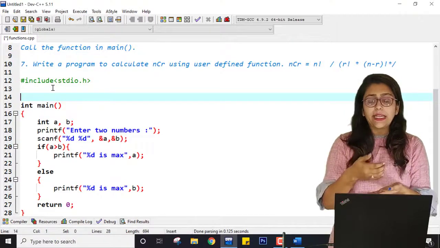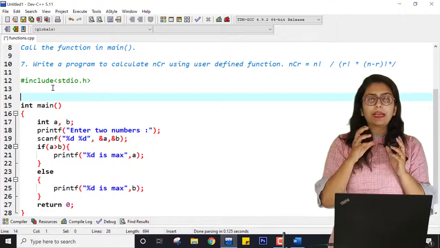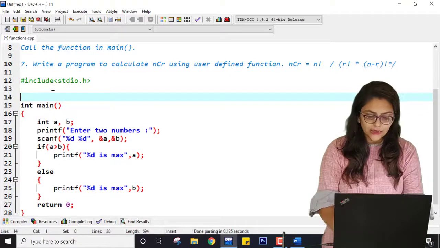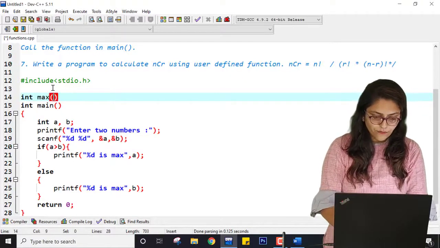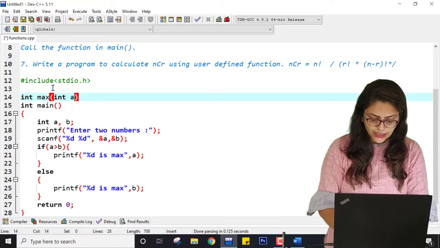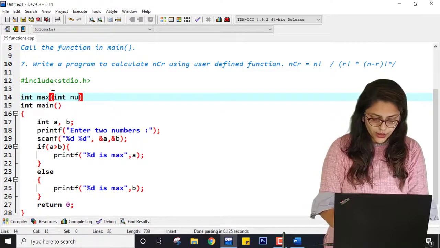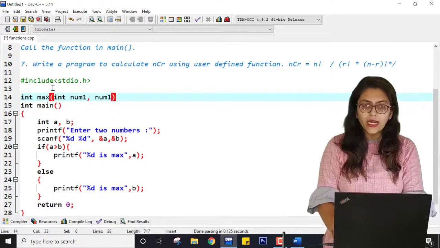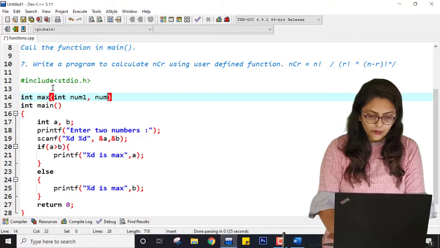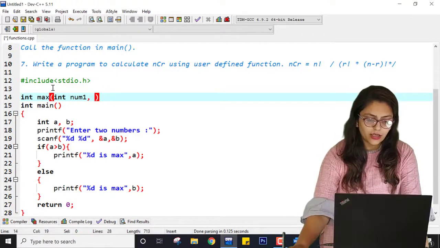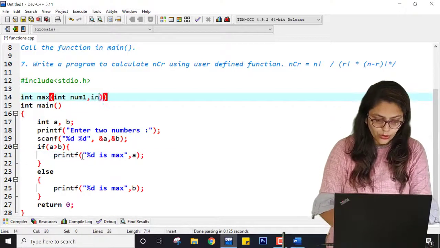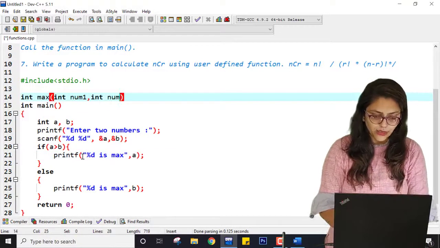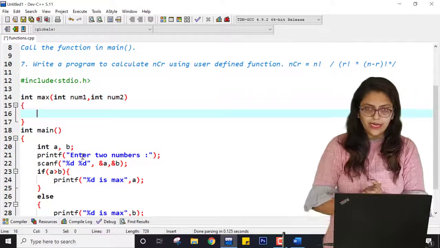So I am expecting an integer output and I am giving 2 integer inputs, so that's why I am taking the return type as int, max as the name of the function, and here I am passing int num1 and num2, right? Here I have taken a and b, so that's why I am taking different names.